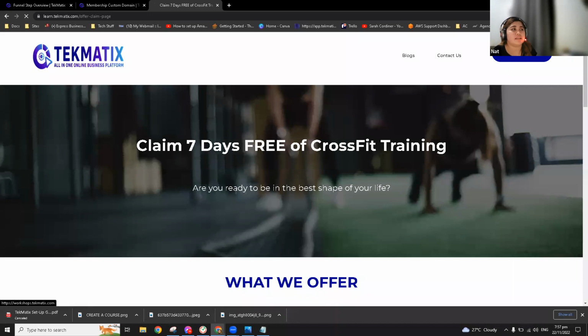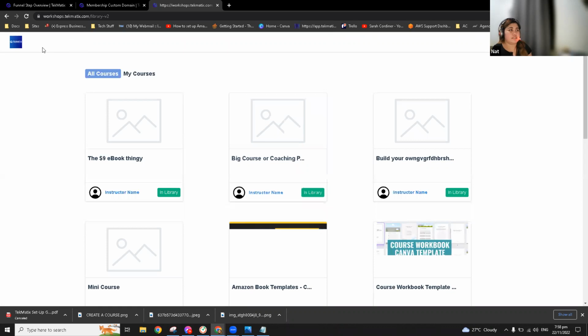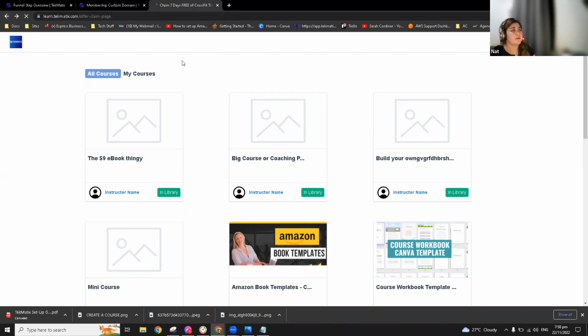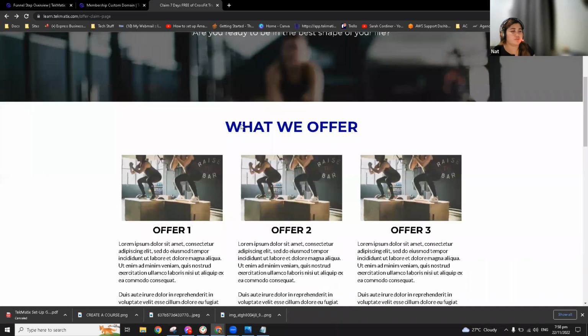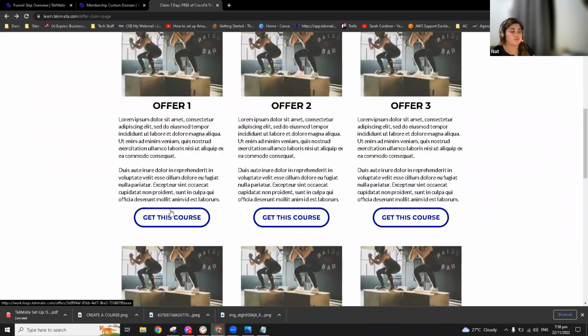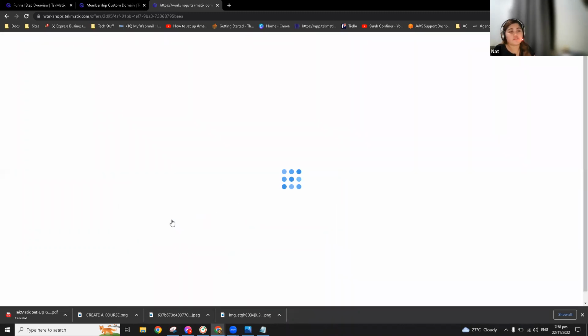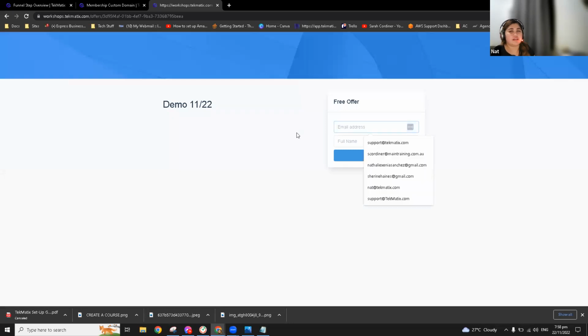And when I click to sign in, it will actually redirect me to the sign in page, which is basically the domain site I linked to the courses. And yeah, so that's basically it. When I go back, let me just go back to the site to test the other button, which is basically the offer. When I scroll down here, this is the link that I got to the course, right? So when I click on this one, I will be redirected to the offer page. So yeah, this is where I can claim the offer. I can type in my credentials and we'll get the offer.